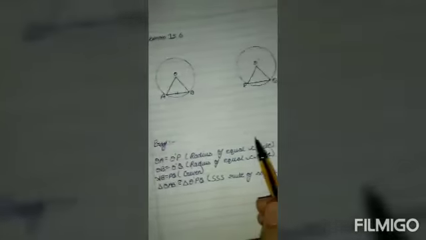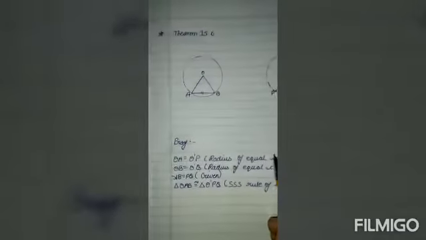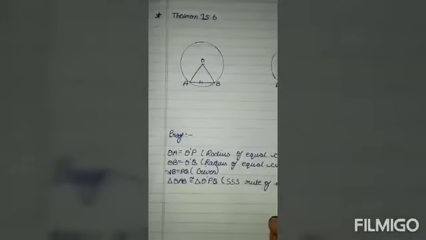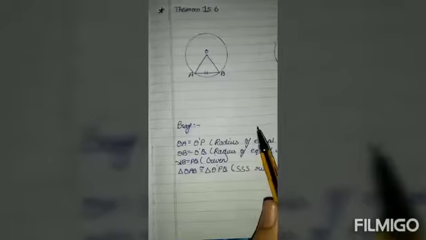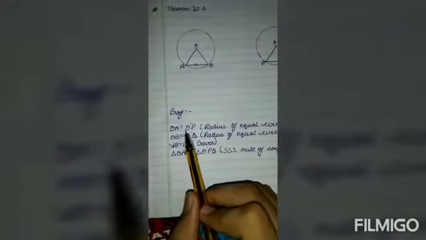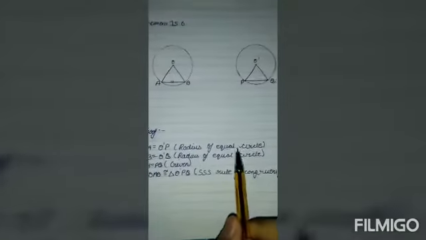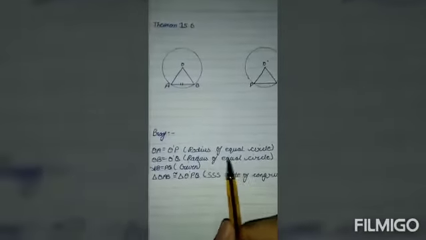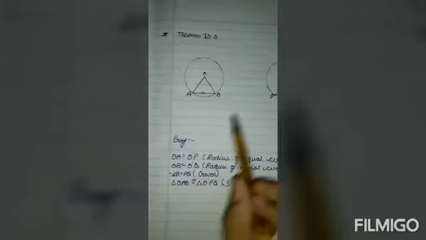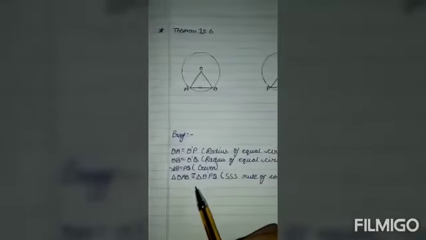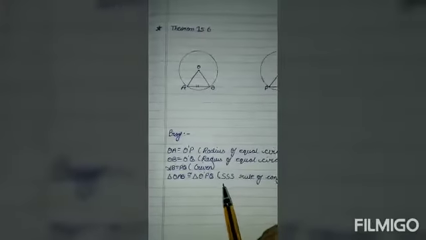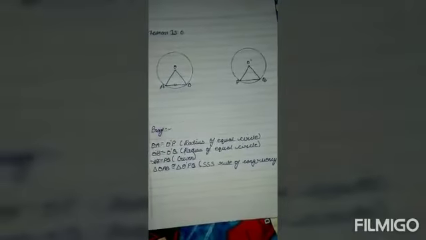Let's come to theorem number 15.6. Theorem number 15.6 states that in equal circles or in the same circle, equal chords cut off equal arcs. So how can we prove this statement? We can see that OA is equal to O dash P as radii of equal circles. OB is equal to O dash Q, radii of equal circles. AB is equal to PQ, it is given. So triangle OAB is congruent to triangle O dash PQ by the SSS rule of congruency.